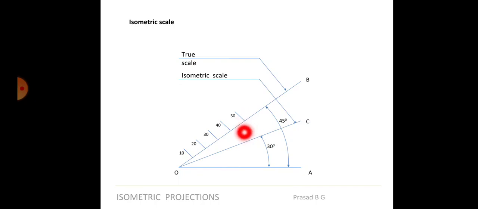Okay, it should be a perpendicular line. From 50 you will draw a perpendicular line, from 40 you can draw a perpendicular line, from 30 one perpendicular line, 20 and 10. Similarly, you will draw perpendicular lines from there, or any random length. This is because I want to specifically say 50. So any length on this line from here, if I draw a perpendicular line on this 30-degree line, will be converted into ISO.